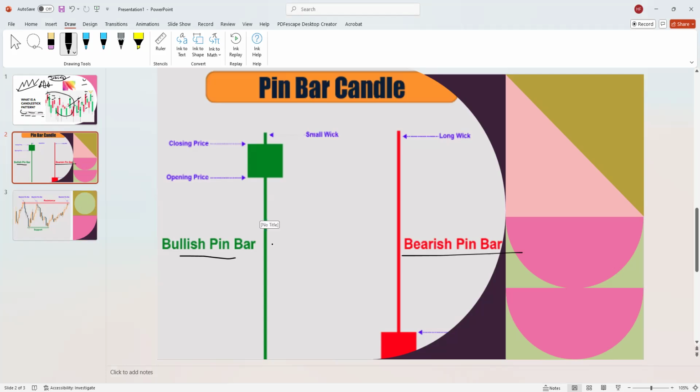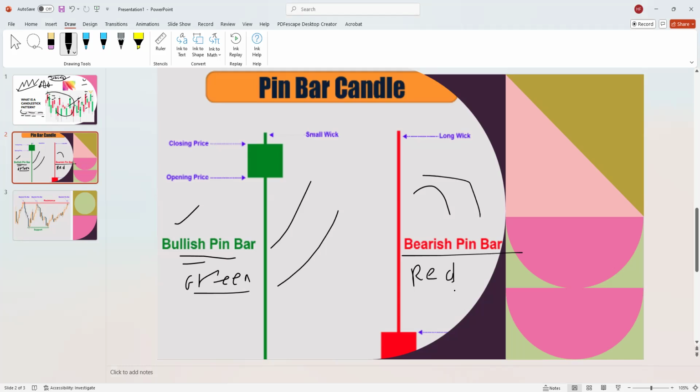Bullish means when the stock is green or when the stock is going up. Whenever you see bullish, it means the stock is going up, and bearish means the stock is going down. That's why we put a different color here. You can see a red candle, and you see green candles. So whenever we add the color, that means we differentiate them. Green means it starts going high, that's bullish, and bearish means it starts going down, which is red.